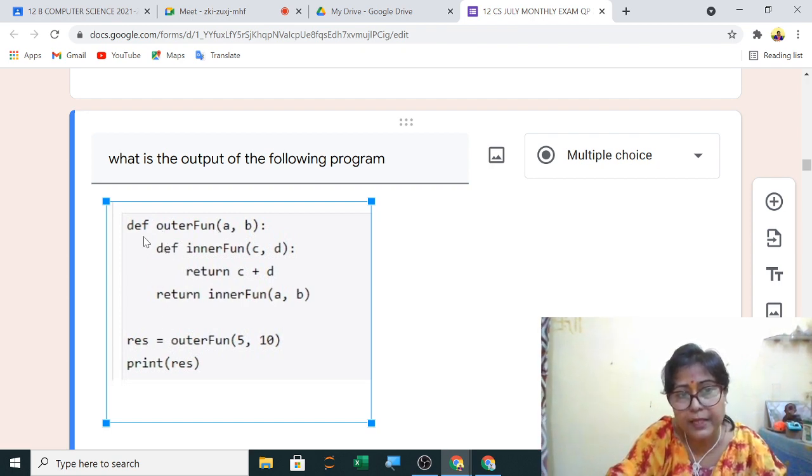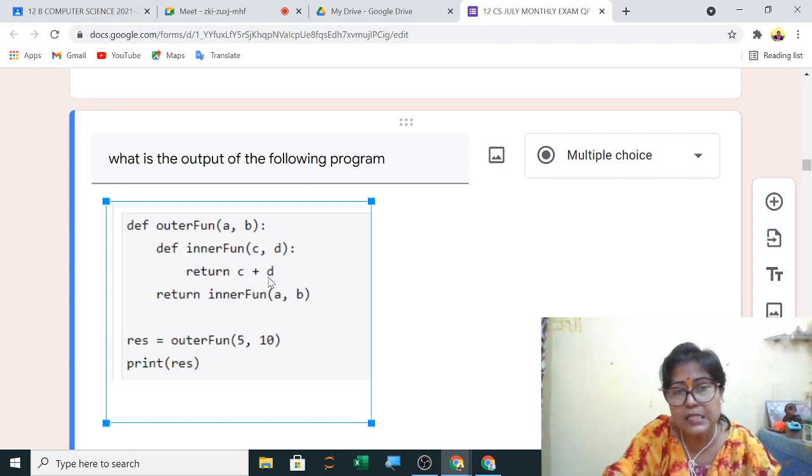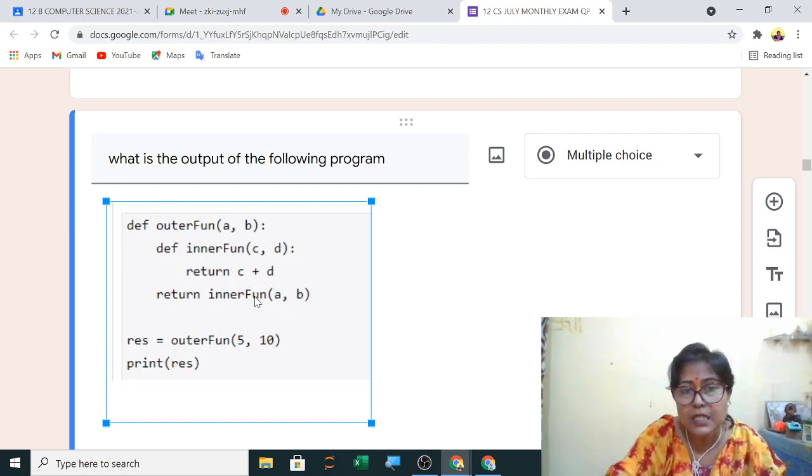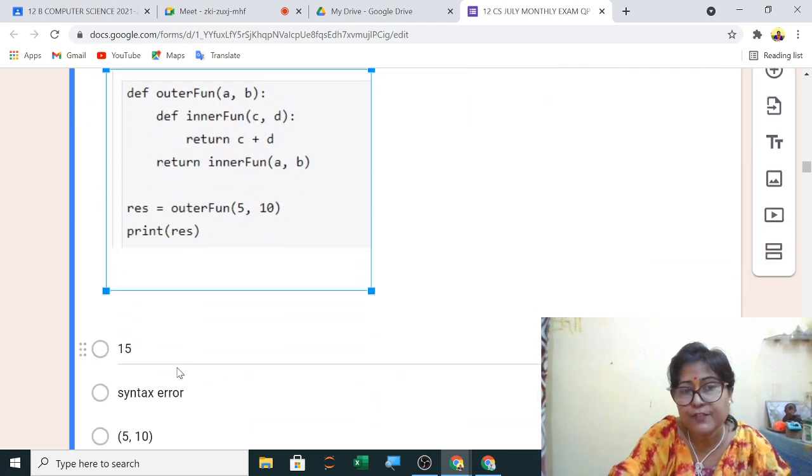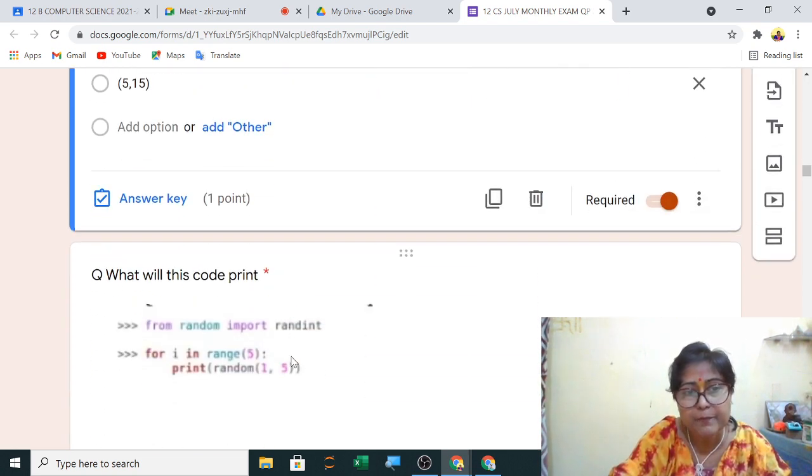So what is happening when def outer function 5 and 10, a is having the value of 5, b 10, that time return inner function this is called, and in inner function again value of a and b are given, that is 5 and 10, and it is returning with 5 plus 10, that is 15. Now it is returning back here. Return means it will return here, so res will have 15 and print res, so it will print 15. So 15 is the correct answer.